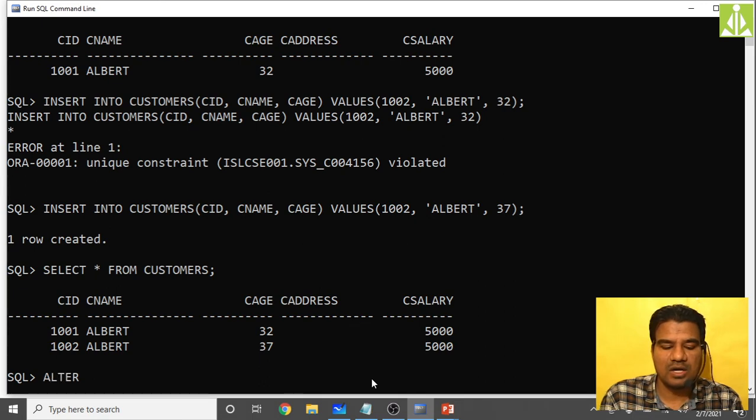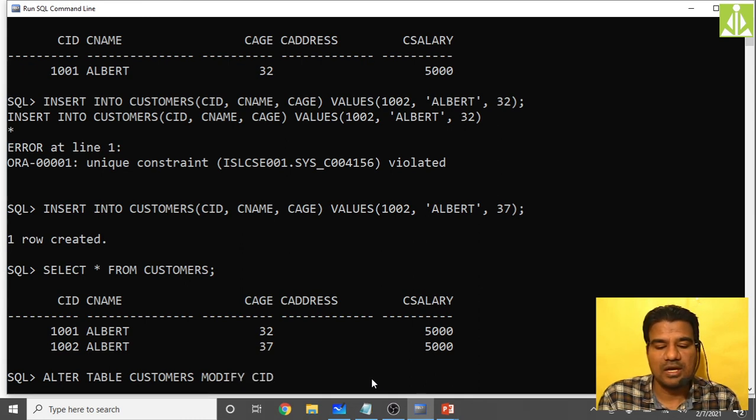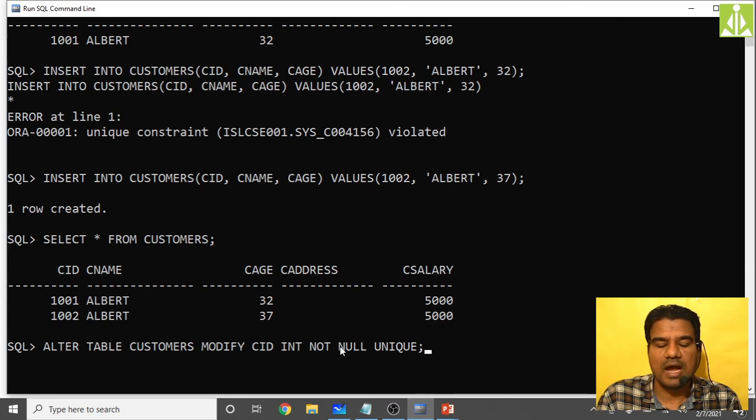How? Alter table, table name is customers. I want to add the unique constraint on CID. So modify CID int not null unique. That's it.